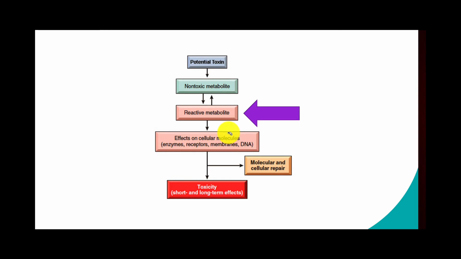And so reactive metabolites have been strongly associated with cellular proliferation, cellular splitting, cellular dividing, and unregulated cellular growth, right? So these reactive metabolites can kind of rewire the cell, program it to do things it shouldn't do, and one of the major results of that process is not only toxicity, but the development of cancer and things like that.